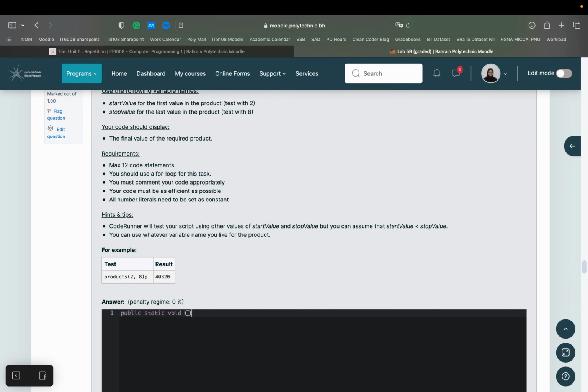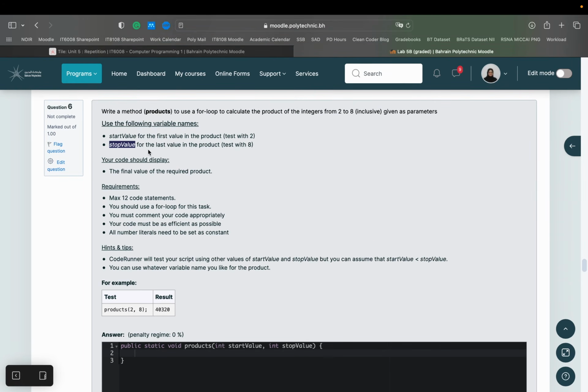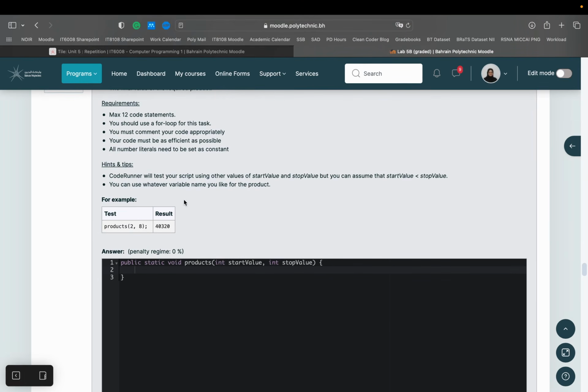void, name of the method, and then int start value, int stop value. Okay, because you're provided these two values. And if you notice here, you have two values as well. So this is the start value, and then this is the stop value. Now for int,